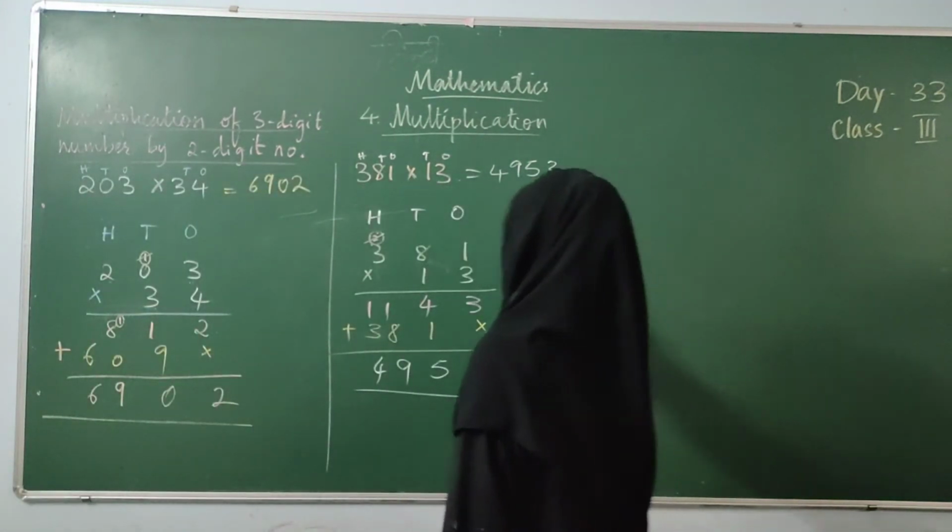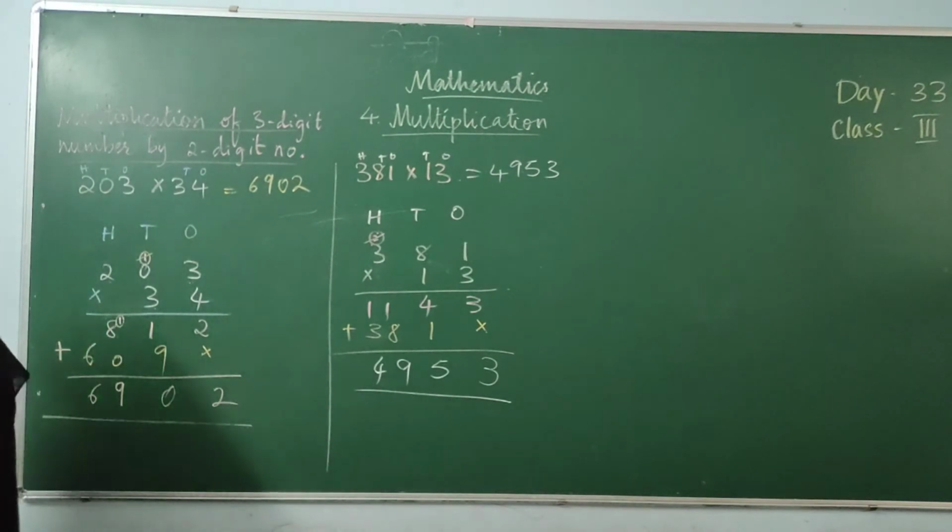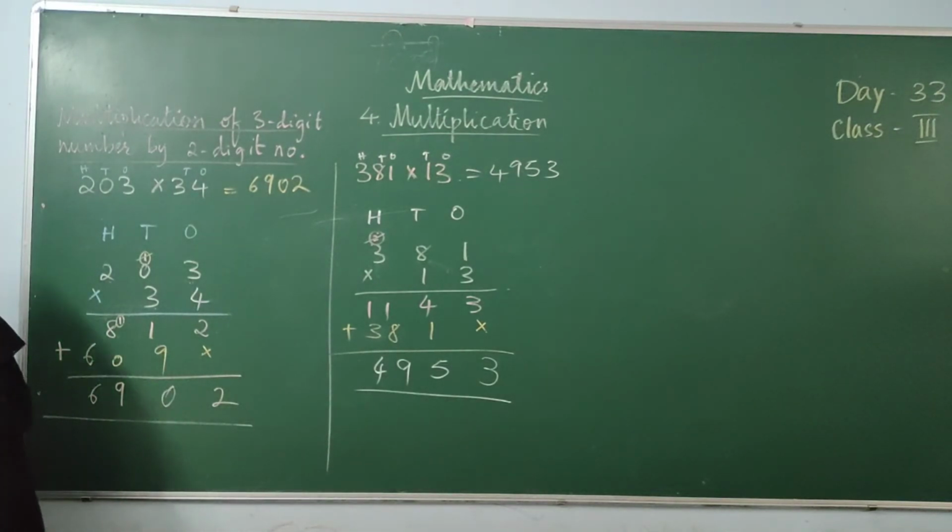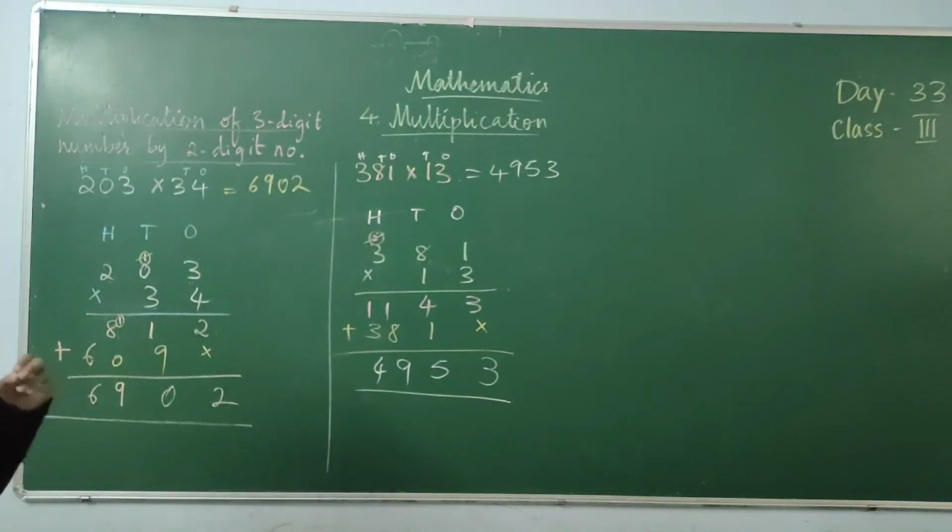And students, I'm requesting you, and if any parents are watching this, please make your child or students, make yourself very thorough and perfect in all the tables, especially all the tables till 9, as you are in class 3. Tables from 2 to 9, you should be thorough. If I pick any number from anywhere in the tables, you should be able to say it. You should not think, read the whole table and say; be perfect. You have got ample time to do that.